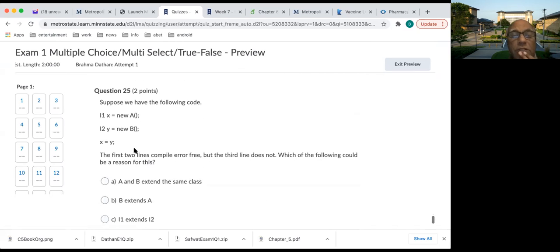And the last question here. This is another tricky one. You have to reason very precisely. What is the question? I1 x equals new A, I2 y equals new B. These two lines compile error free. Now, x equals y. The question is,